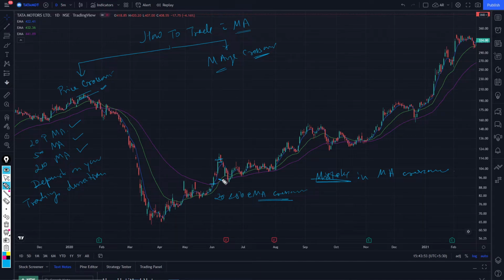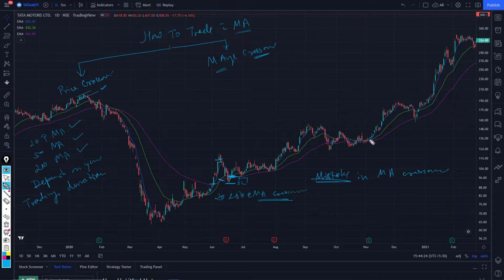You will have to wait for what? Wait for this price to come back to this level, let it settle, and let it start rising again from this level. This is the level where you will take entry with a stop loss of this. Okay, this will be your SL and this will be your entry. Now where will you exit then? If you use this method, you will keep riding,